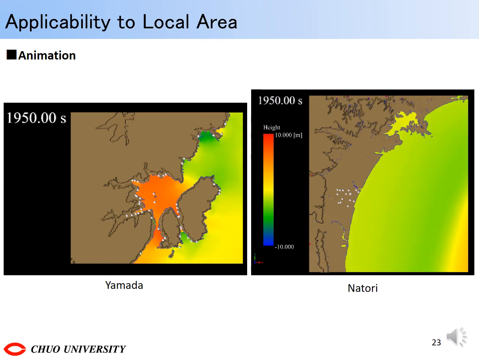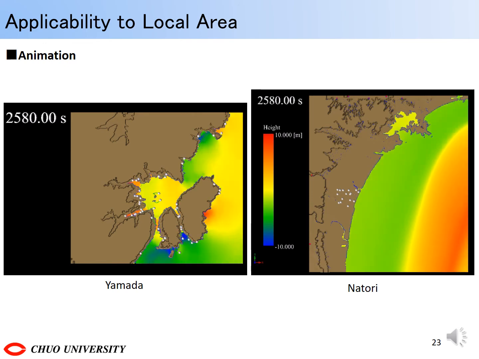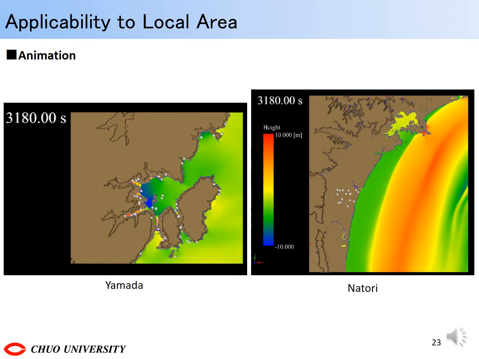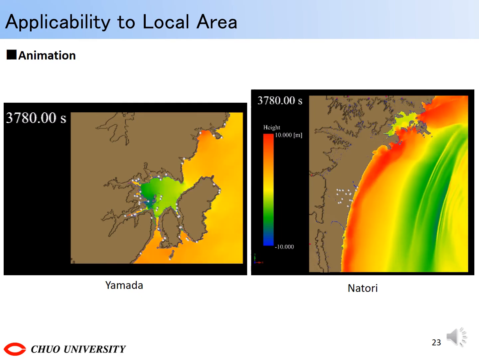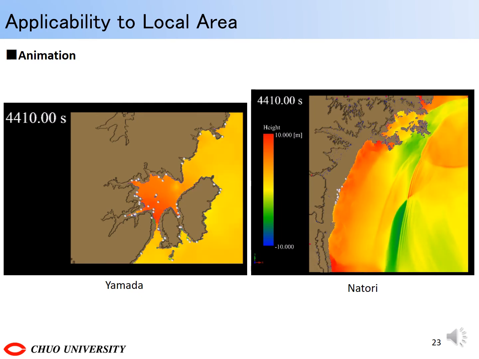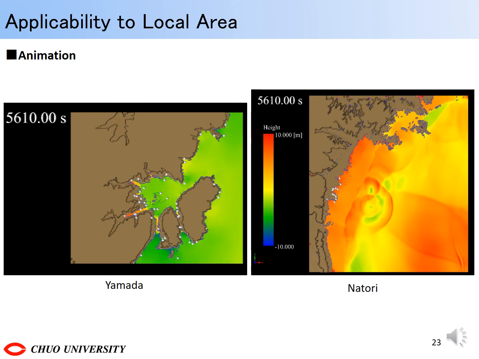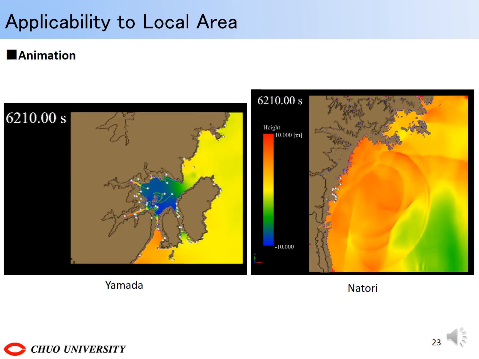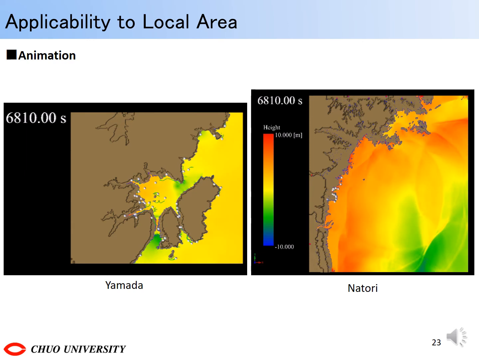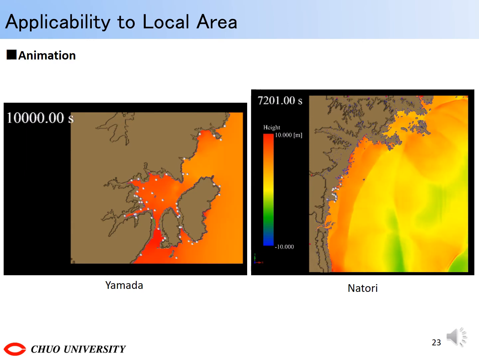In Yamada, the objects can be divided into those that move significantly and those that do not. Those that move a lot were pulled offshore by the pulling waves and then drifted in the bay. On the other hand, in Natori, all were washed away on the land and none were drawn offshore. It is conceivable that this is due to the difference in topography. In Yamada, where the coast shape is complicated, objects drifted offshore by the first wave and then drifted in the bay by the reflected wave.